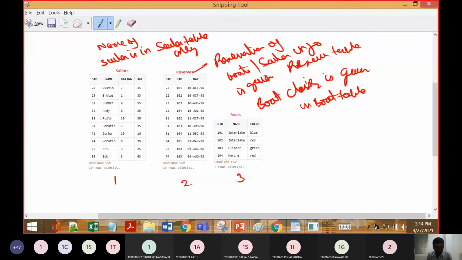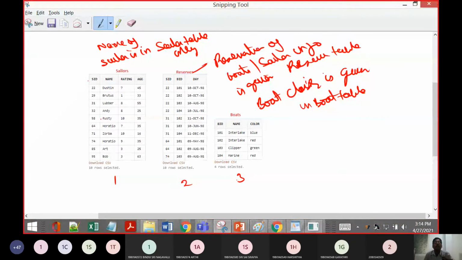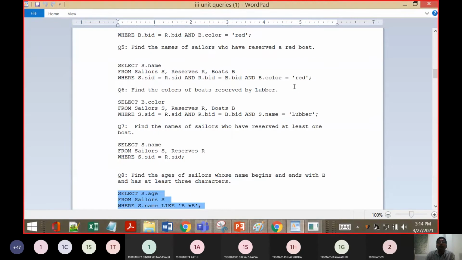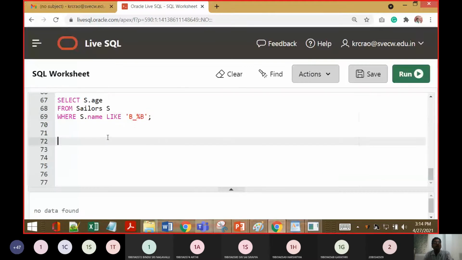We have to mix up all three tables to get the answer. So there is no other way. Therefore, we are now executing the query with the three table names.